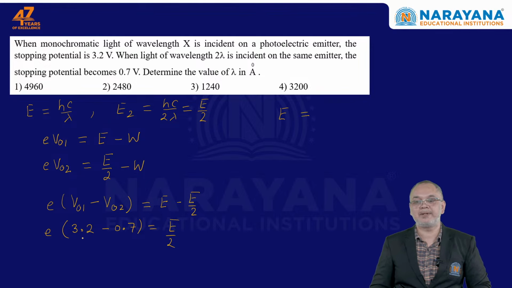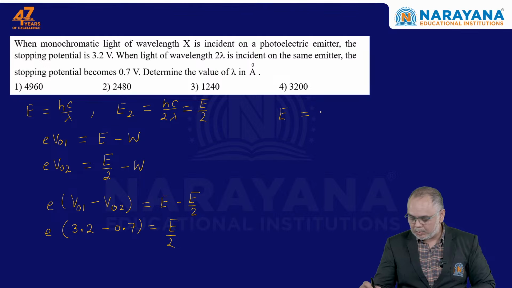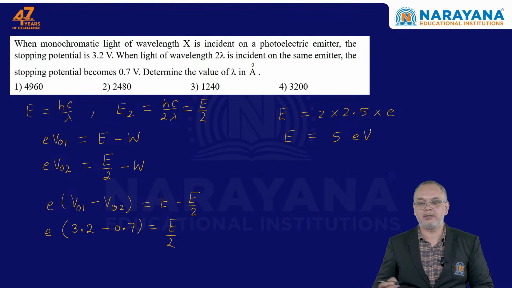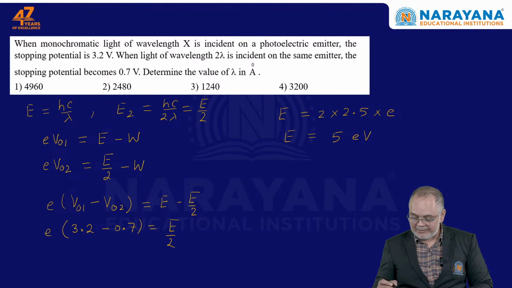3.2 minus 0.7, that is 2.5. So we can write 2 into 2.5 into E. So we can write this energy is equal to what? 5 electron volts. Now with the help of this we can calculate the energy, lambda we can find here, that